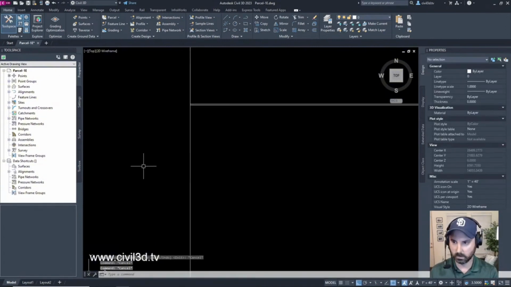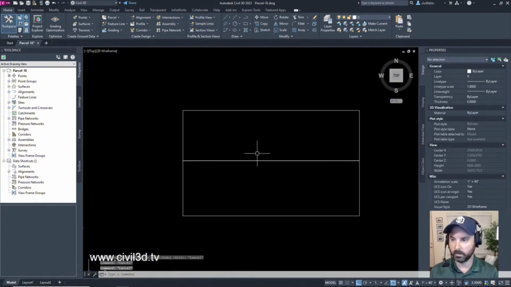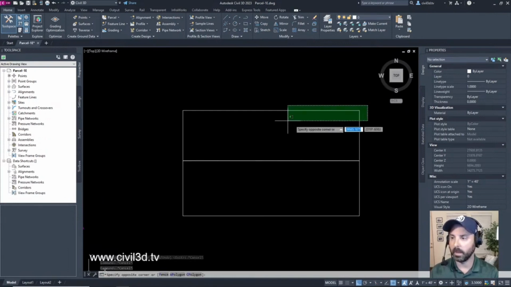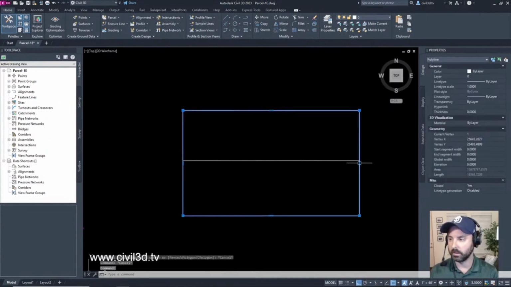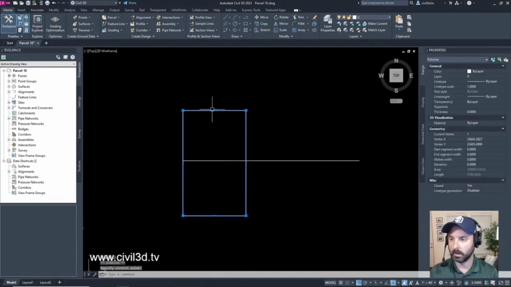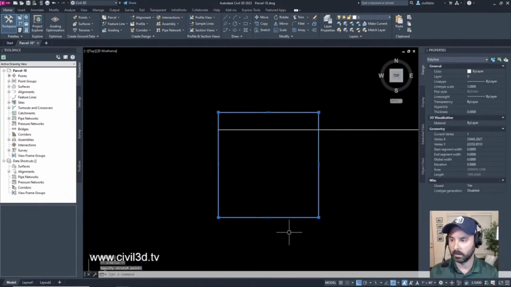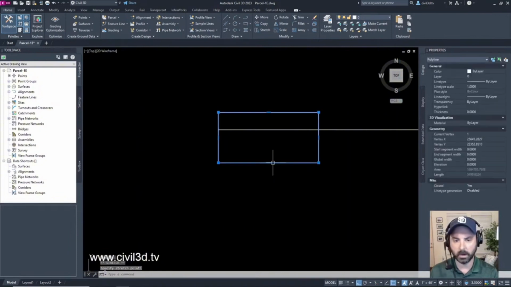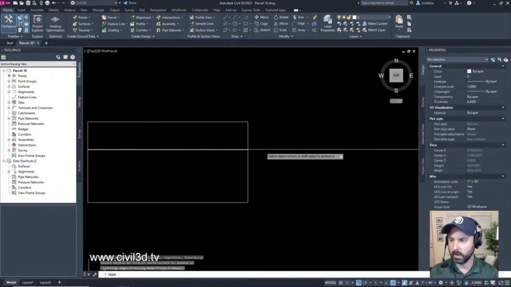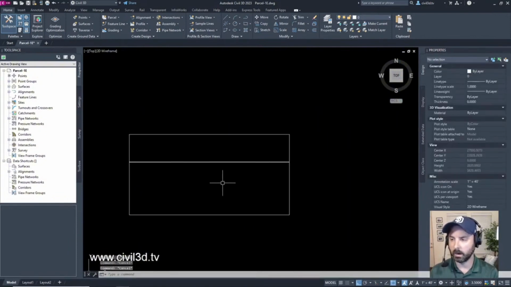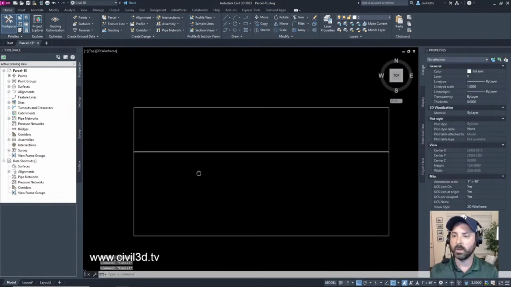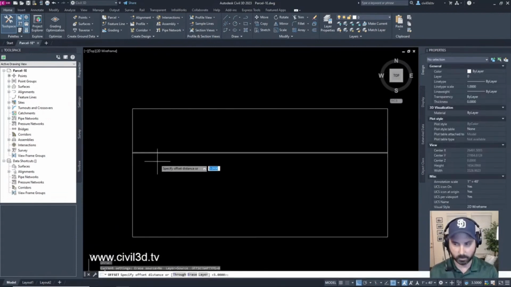Yeah, I'm a little big with this piece of property. Let's adjust this. We'll come down a little bit to make things a little more realistic. I'll come from here to here, and then from here to here. If I want to, I can start laying out my property. I'm going to go 50 feet wide.